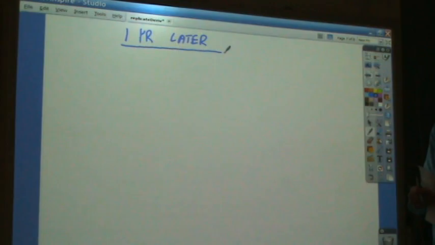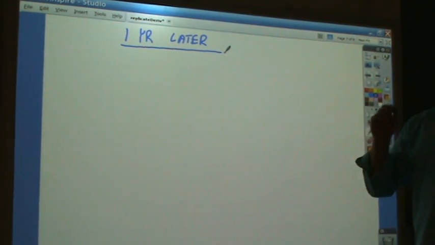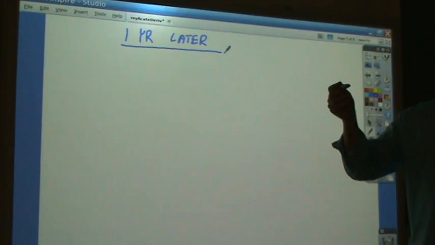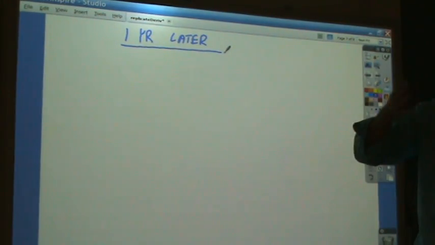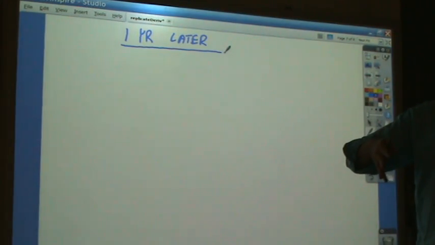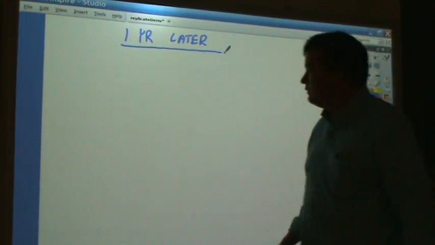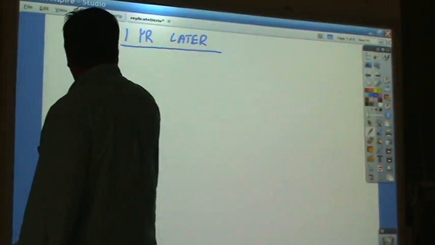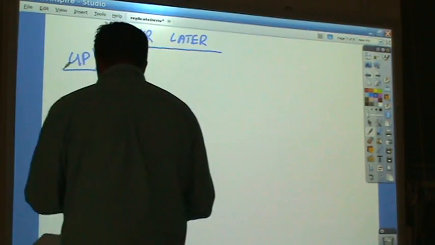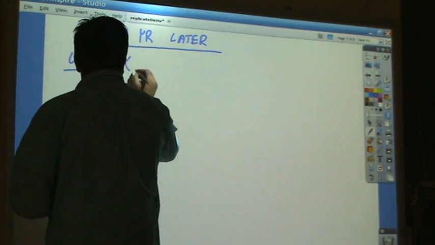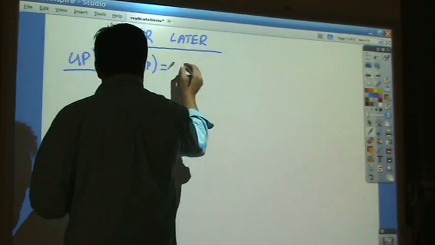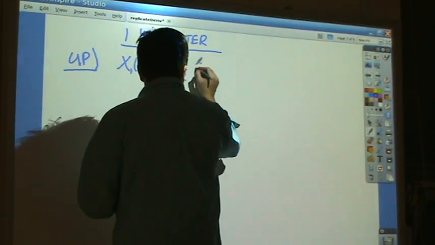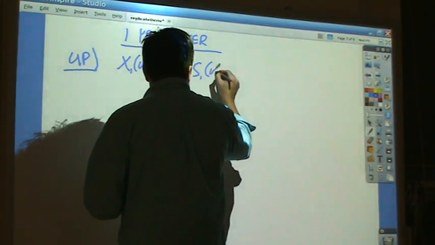How much money would we have 1 year from now if what we did was we bought a half a share and borrowed 80 cents? Where would we be a year from now? Well, the market could go up or the market may go down, right? So there are actually two places we could be. If the market went up, where would we be? The value of our money, which we'll denote as X, in an up market, will be 1/2 of a share of the stock, assuming we went up,